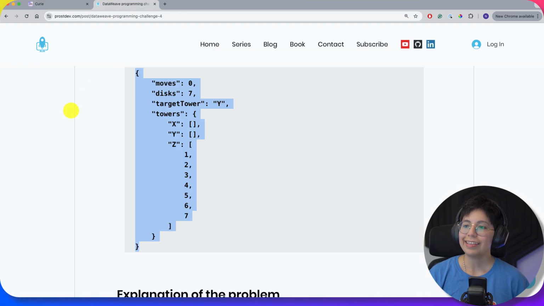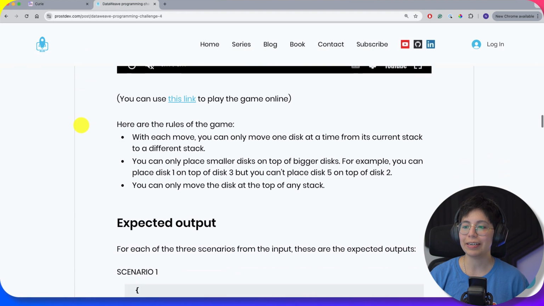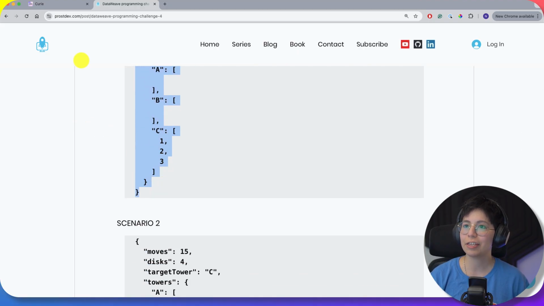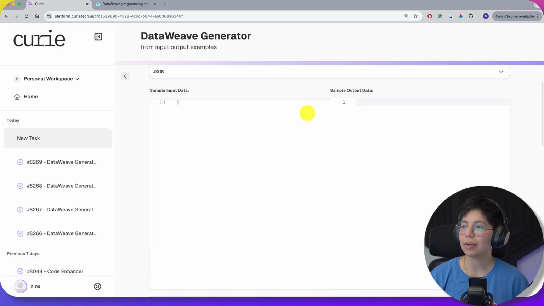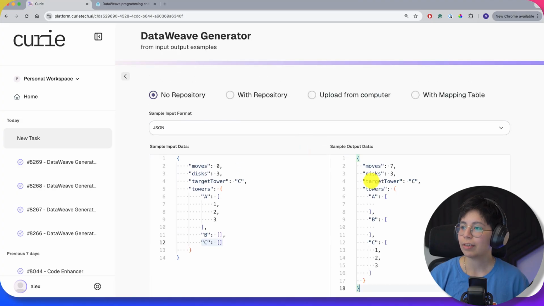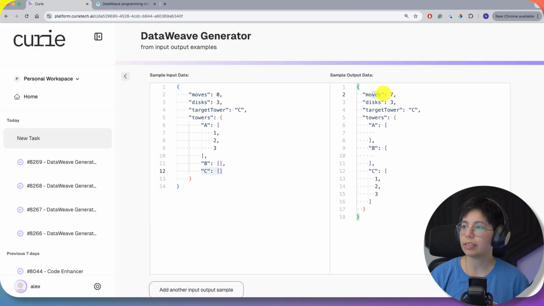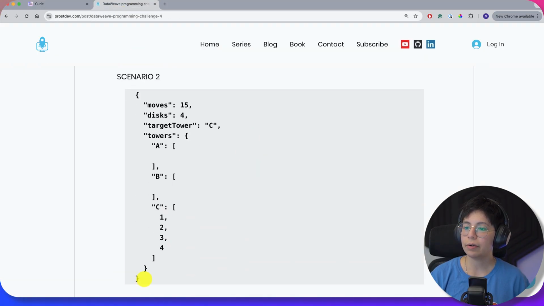I thought this was a really nice one because, okay, well, let me just put the output first, and then I will come back to tell you why this is fun. Okay, so sample 1 has to end up with 7 moves, still 3 disks, and now all the 3 disks are in tower C. Then on scenario number 2,